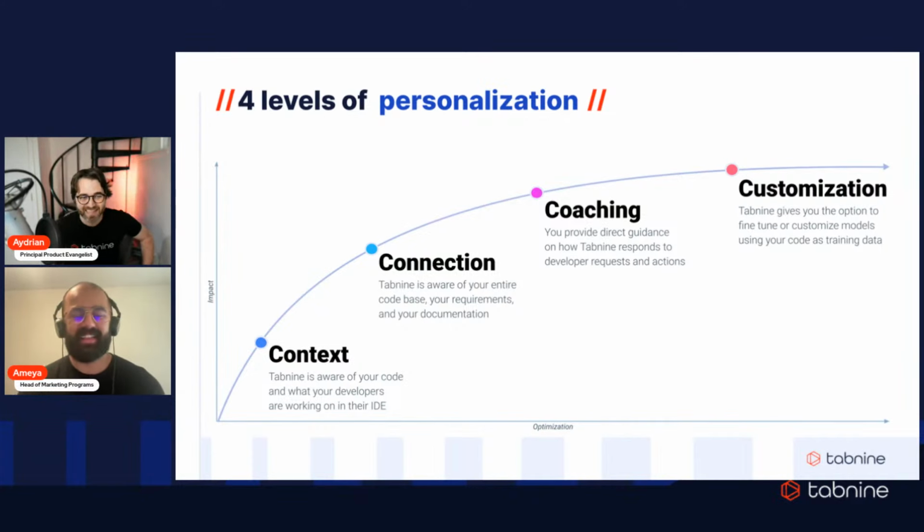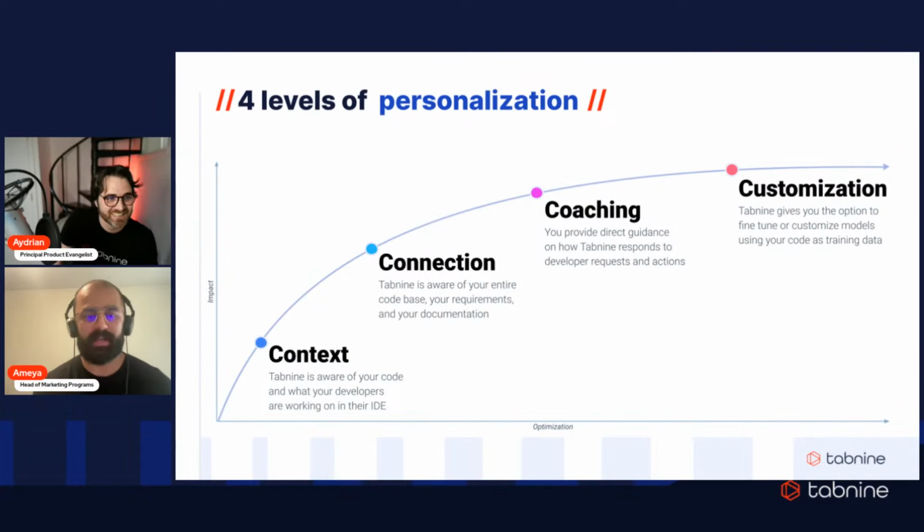Yeah, and then the highest level of personalization that's available, and this is available today already with our Tabnine Enterprise tier, is customization of the underlying models. So with this, we customize our proprietary Tabnine protected models, and this maximizes the personalization of our AI coding assistant to your organization. So what we could do for you is fine tune or create custom models for a domain specific language you're using or an organization specific code base. And what this effort does is it creates a unique model that's private and completely yours. And it's fine tuned on your own code.